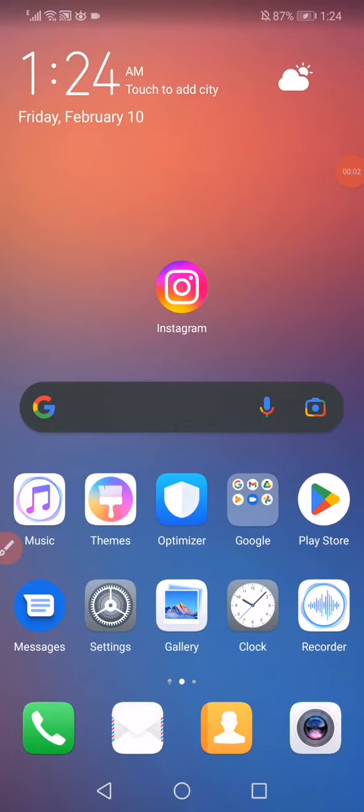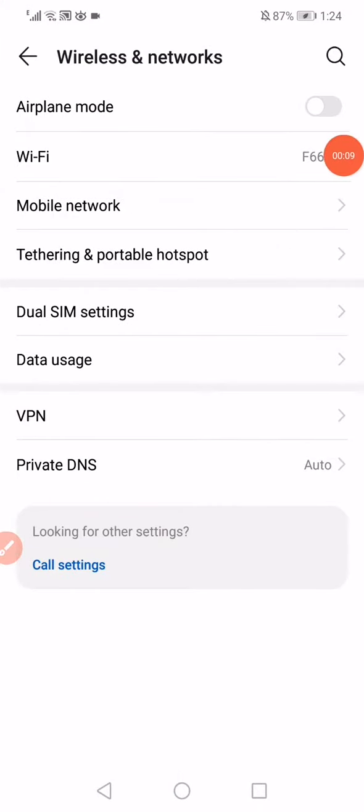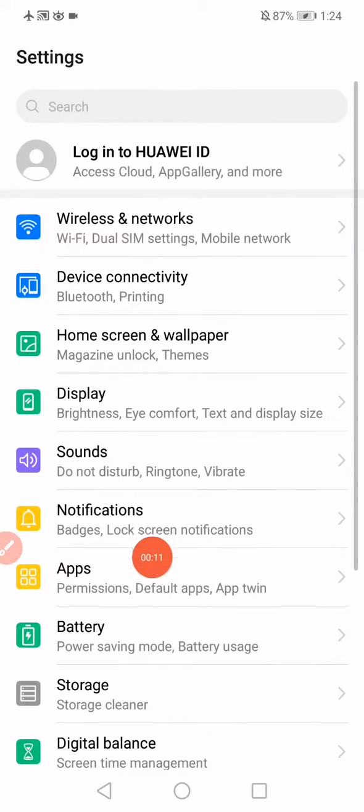How to fix Instagram messages. First thing, go to the settings and then go to the wireless and networks, enable the airplane mode like this, go back, open the apps,